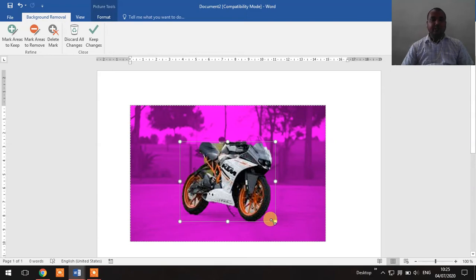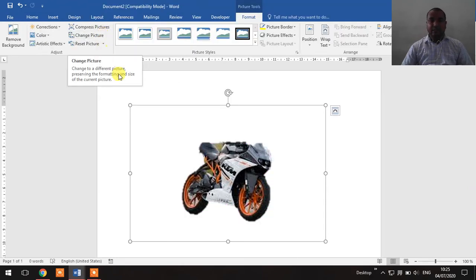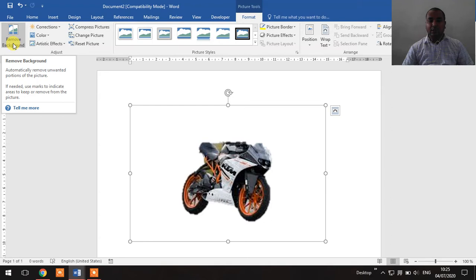If you want to keep the changes, you click here, Keep Changes. Or if you want to cancel, you can click Discard All Changes. It is up to you. Suppose I keep changes. So what you see here, the background of this image is removed. This option is used to remove the background of your image.